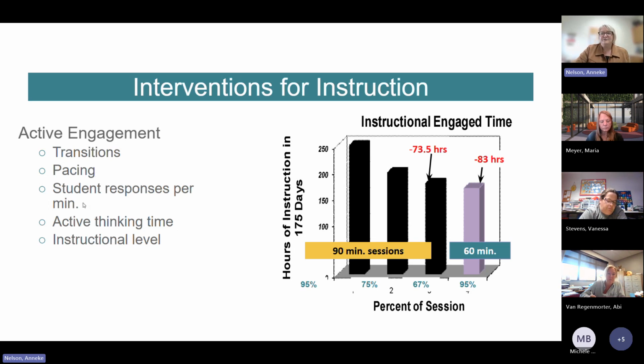Are we getting students' responses? Are we having them respond? Are we getting the feedback that we need to know that students are understanding what we need them to understand? Are we allowing active thinking time? And are we assuring that the things that we're doing in our instruction are really at their true instructional level? So if we can focus on these things, often what we'll see is